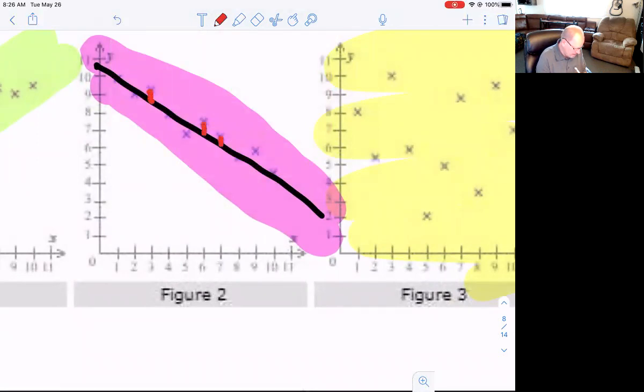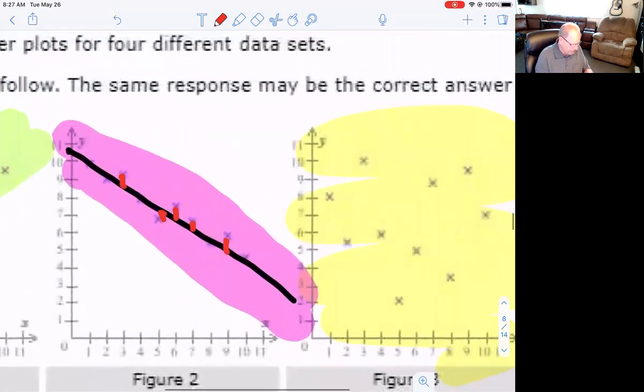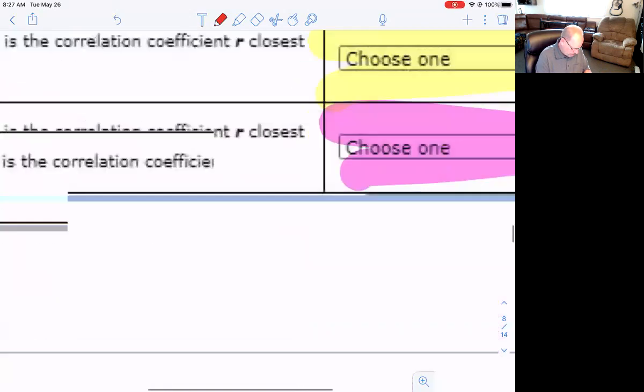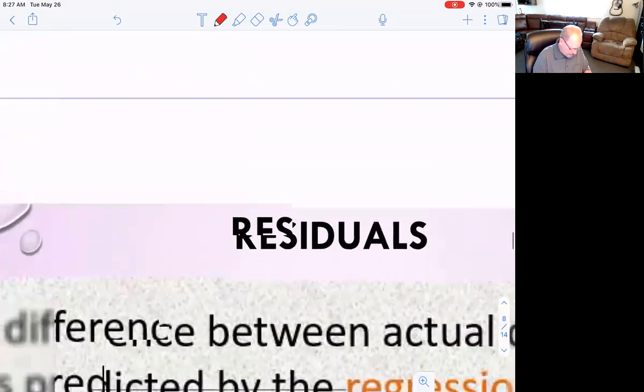See the distance? If we measure all those distances, those are the residual values, the distance between that point and that line. Okay, those are called residual values. So the way that we would find them